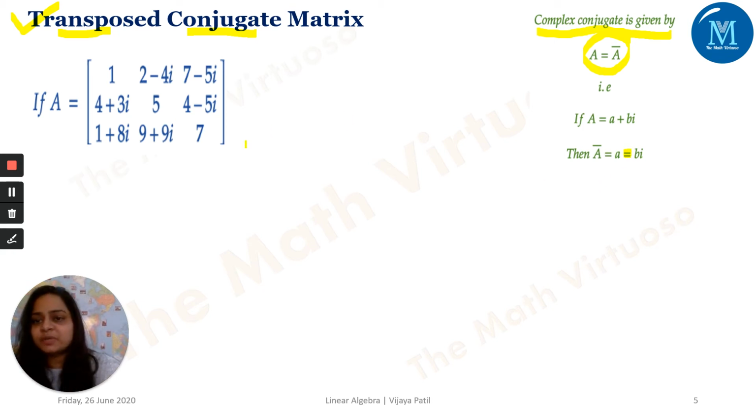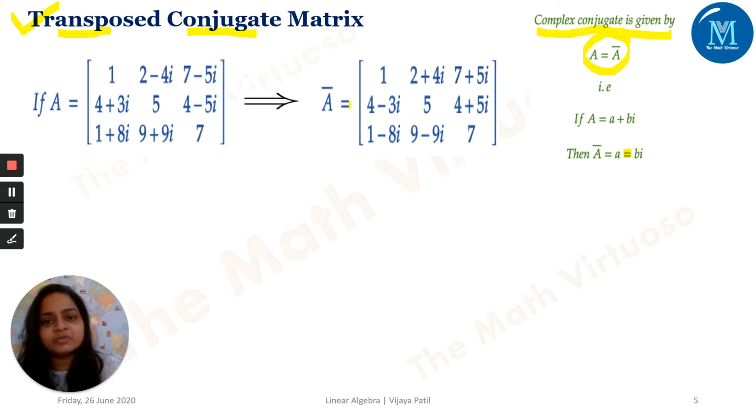So fine. So capital A is this. Then what will happen with the conjugate? The conjugate of this capital A would be the conjugate of each and every element. For example, the conjugate of 1, no problem, it's 1 only because it's a real number. The complex part of this 1 over here is 0, so it doesn't matter. This real will be real as it is. Now the 2 minus 4i, what is the conjugate of this? This is 2 plus 4i. 7 minus 5i, the conjugate of this would give me 7 plus 5i. Similarly, the other elements follow.